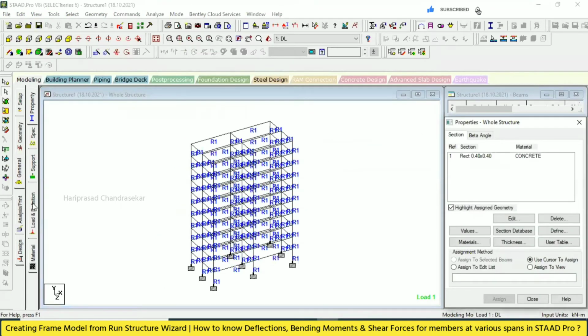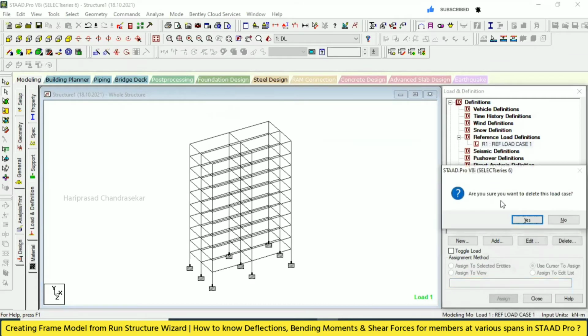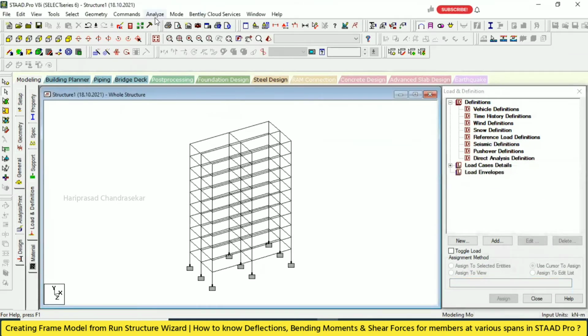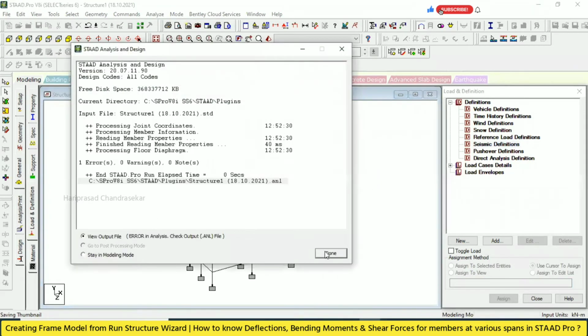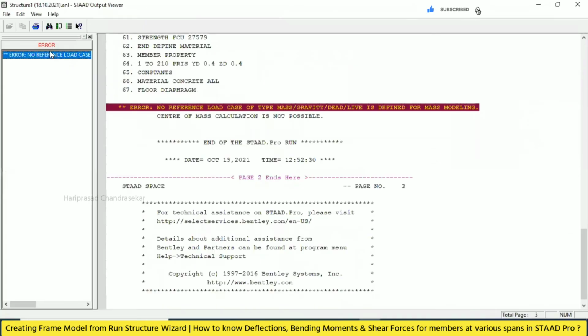So this error we are getting. Then we need to see here, we need to remove this. Still we are getting the same error. No reference load case. Center of mass calculation is not possible.